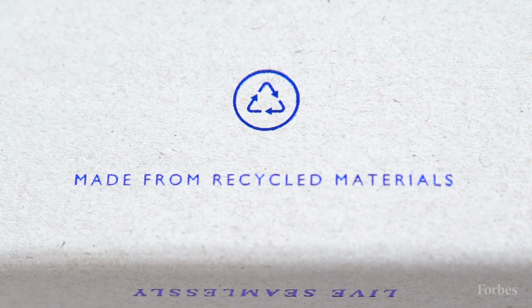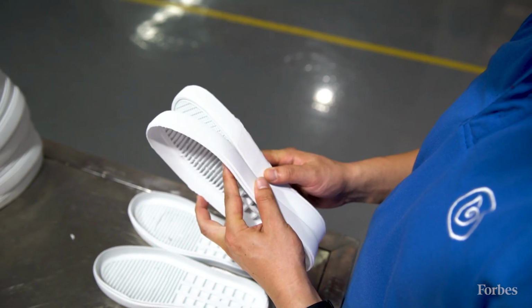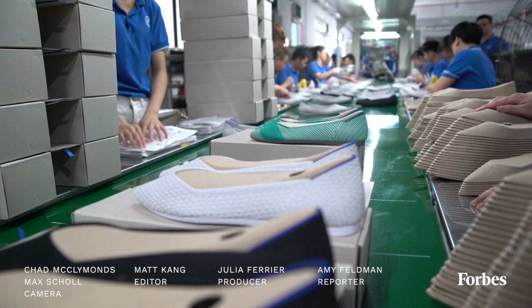So I think just looking at all of those different places where a company or a brand could be making an easy change such as that would put us in such a greater position in the industry